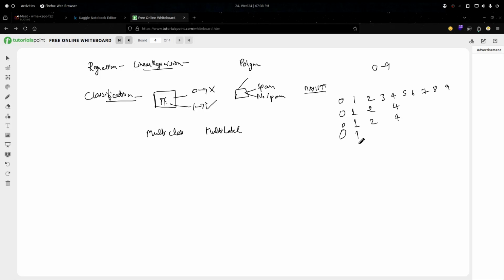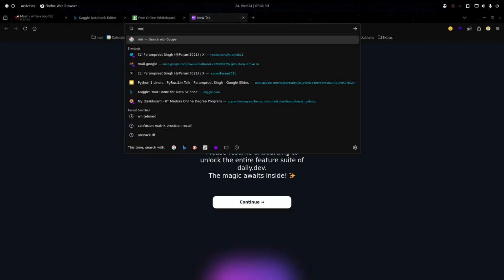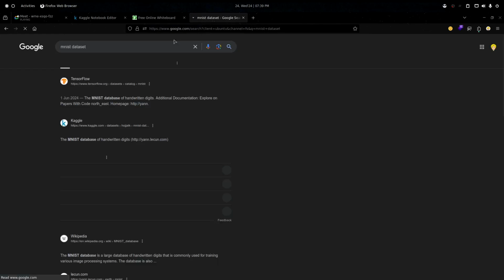That is the very famous data set, you can say, for the classification stuff. What do we do in this? We have various images, like a square image in which we have the digits in white color. That is basically a black and white data set. If I show you this data set,